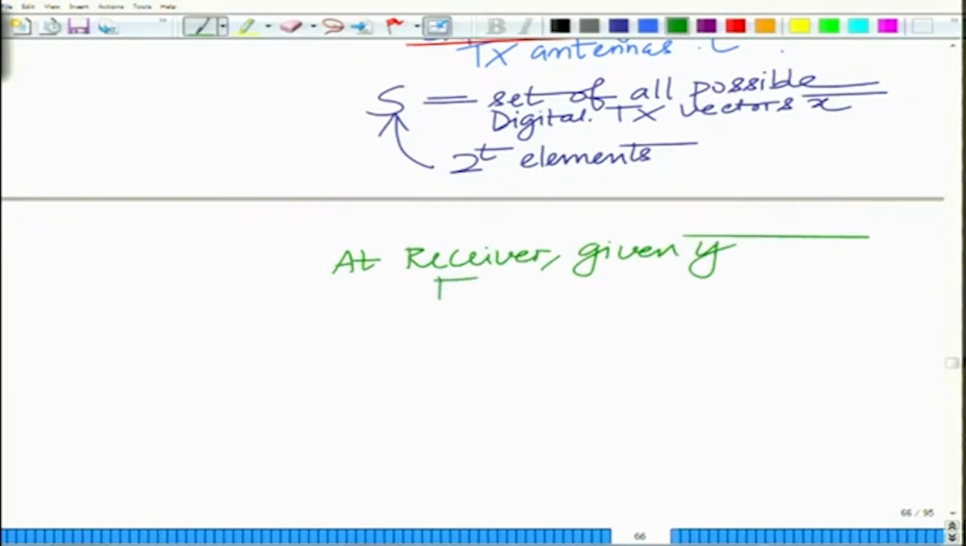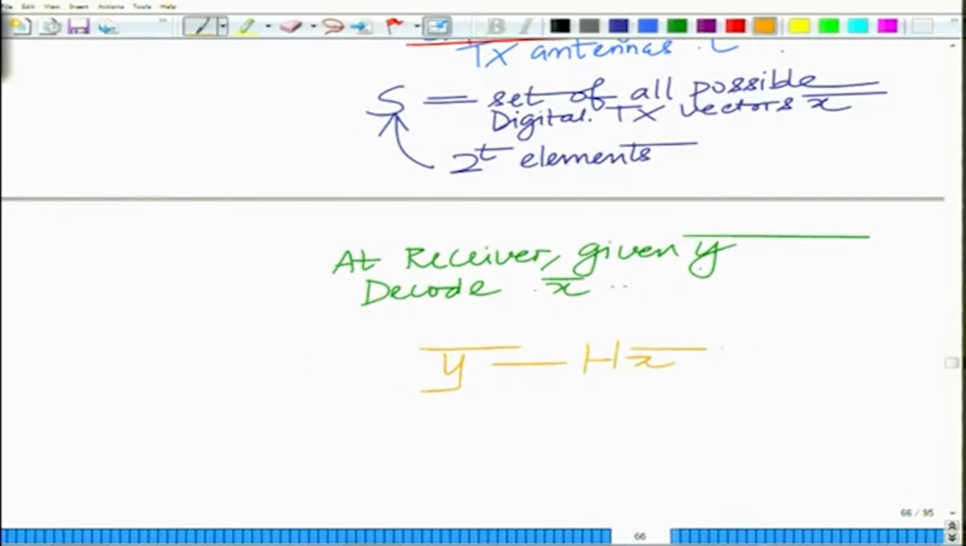Given y bar, we have to find x bar, or rather decode x bar. Let us say one has to decode. The typical decoder, or the best possible decoder, is what is known as